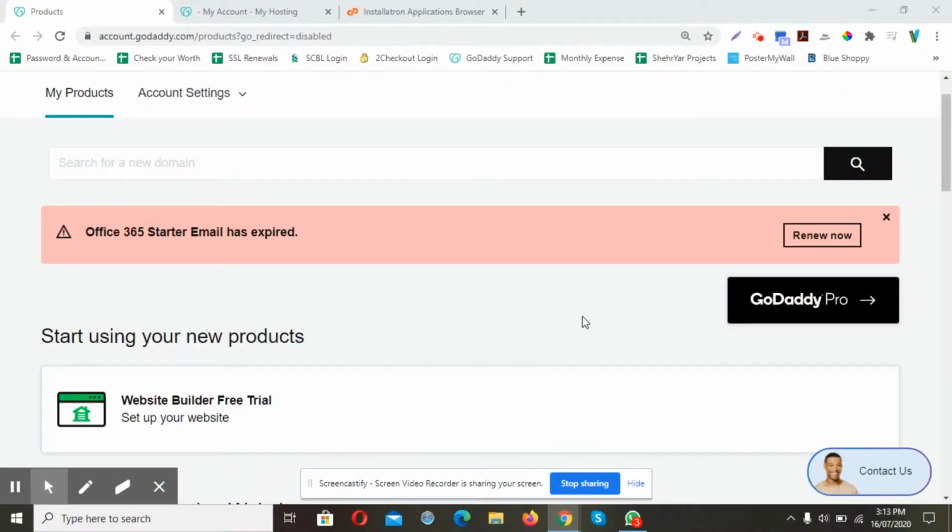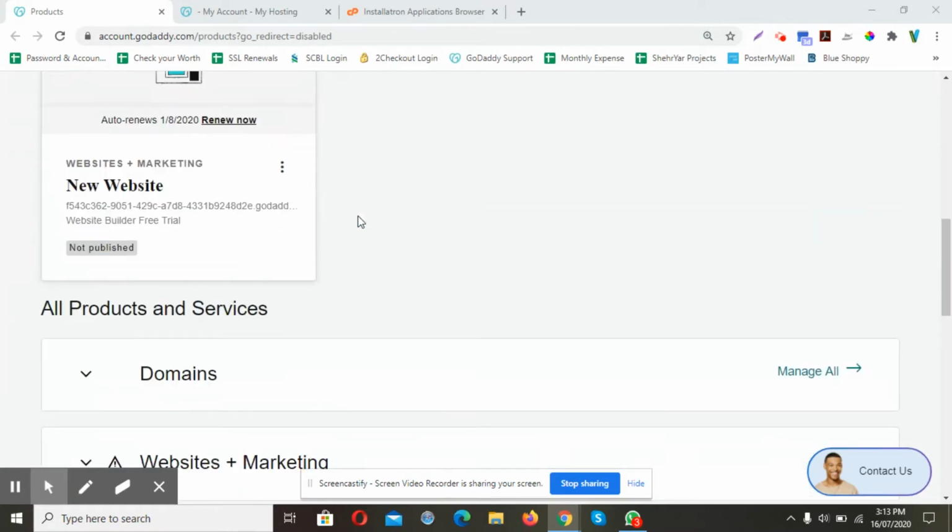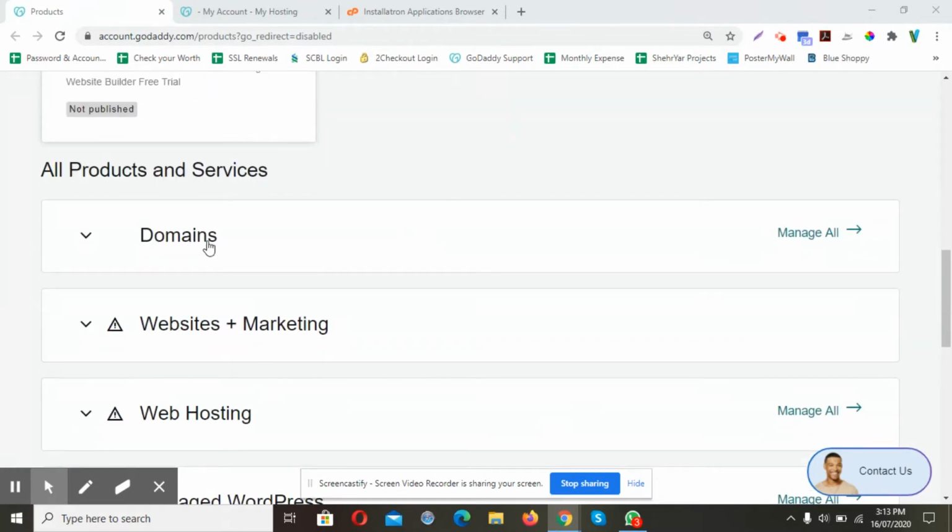Okay, guys, we are in our GoDaddy account, and you can see I'm in my products right now. In my products, you can see different sections. This is the section where you can manage all of your domains that are associated with this account. This is our websites and marketing section where you can build a website using GoDaddy Builder.